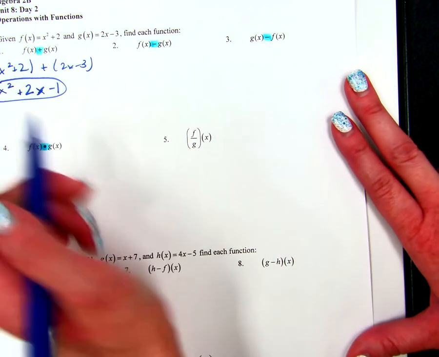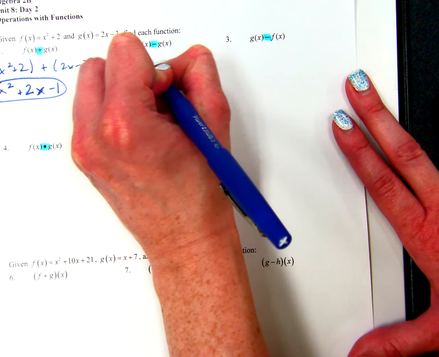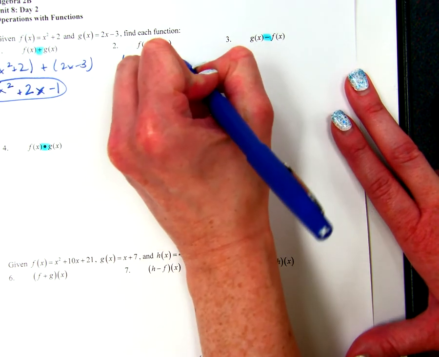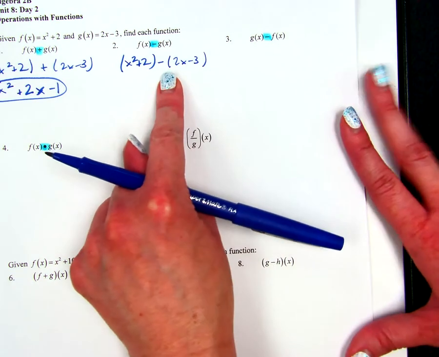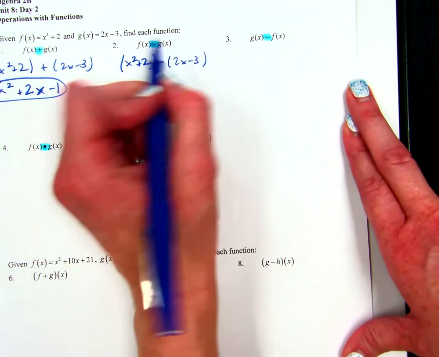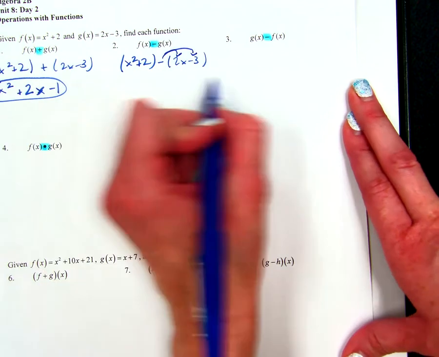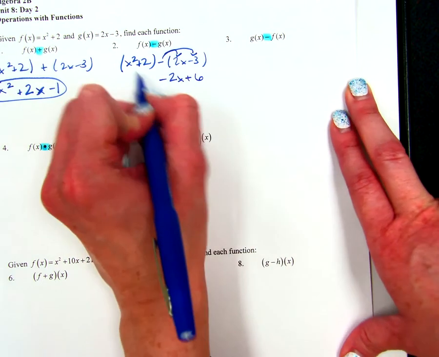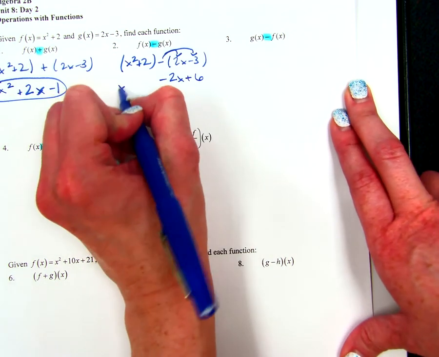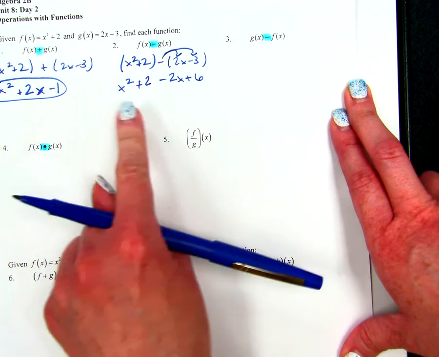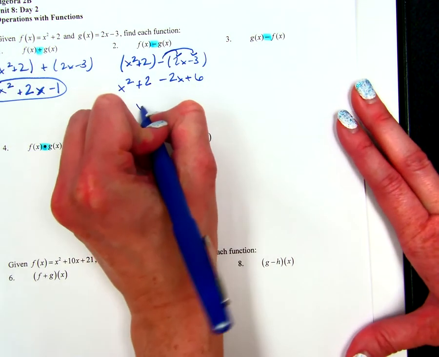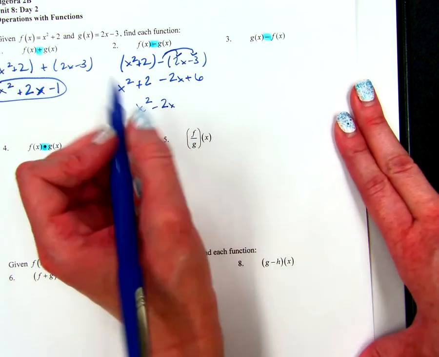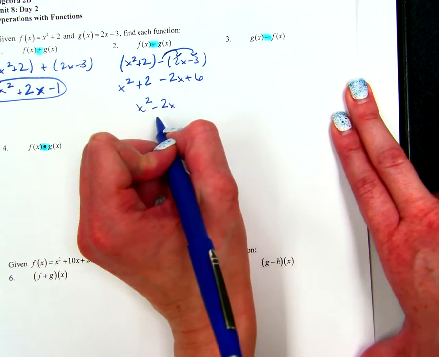2 says f of x, which is x squared plus 2, minus g of x. So I'm going to take my whole equation of g of x, 2x minus 3. And we just covered this not too long ago, so we're going to distribute our negative to these two, and then we'll combine our like terms. So this is negative 2x plus 6, and I'm going to bring down what I had from the beginning, x squared plus 2. So I'm just going to combine my like terms and rewrite that. So I have x squared minus 2x plus,